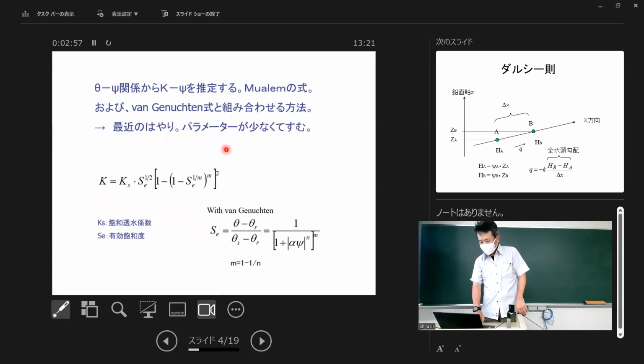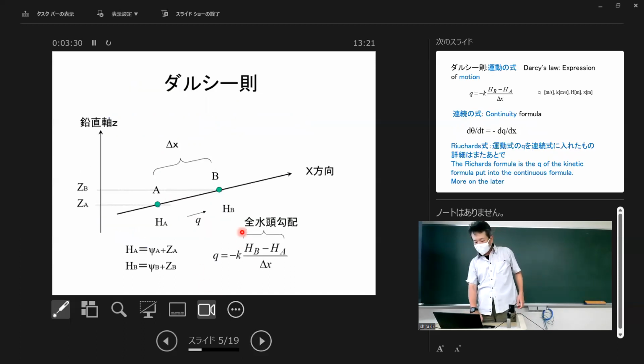Also, we learned about the Mualem equation that combines the theta psi to the k psi, and these two parameters for the permeability and the water content are widely used. このバンゲヌフテン式とミュアレムの式を合わせたこの透水性と保水性か。これよく使われているので、ぜひ知っておいてください。